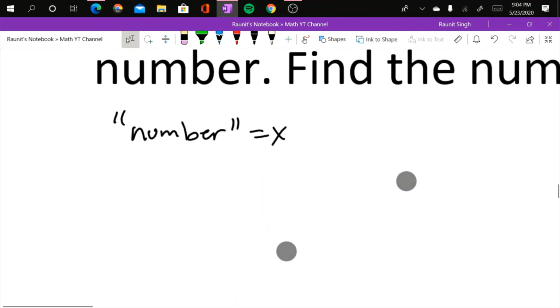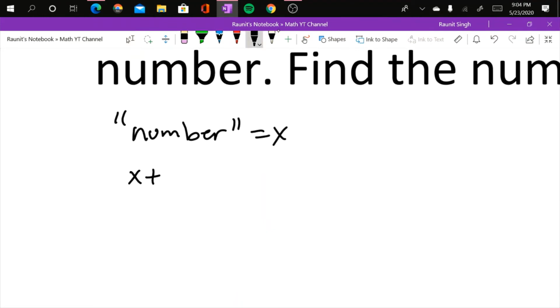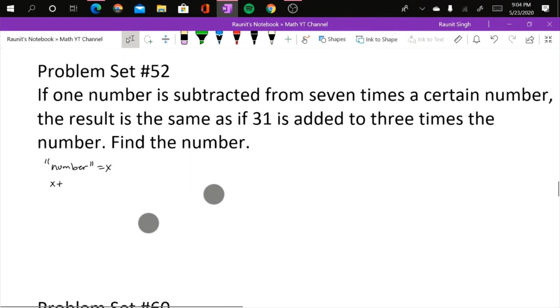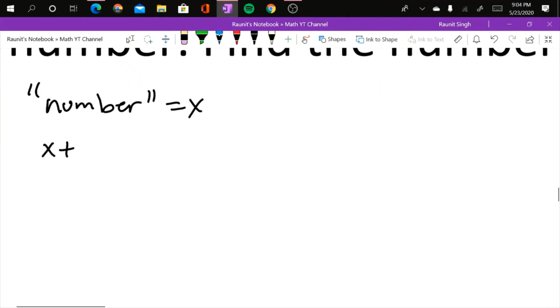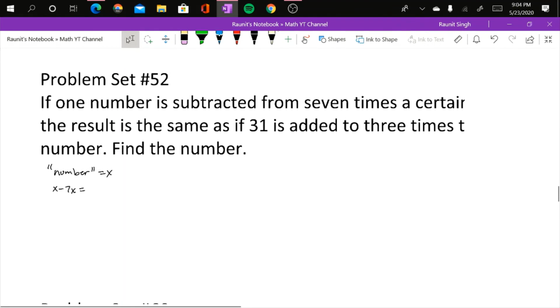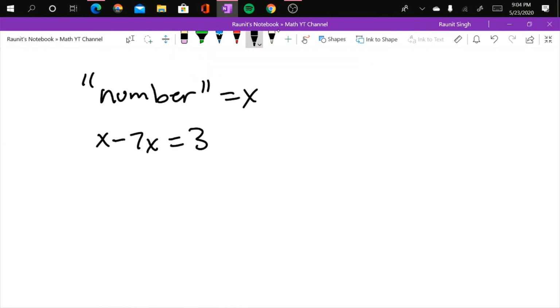So we have x minus 7x is equal to 31 plus 3x. Let's simplify the left side in order to make the equation simpler. So we're going to get x minus 7x, which is negative 6x,